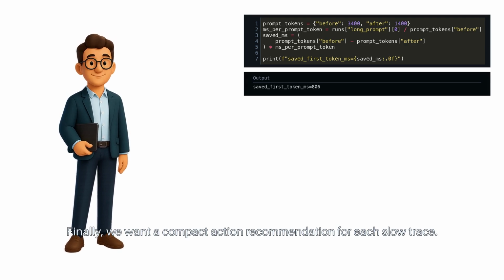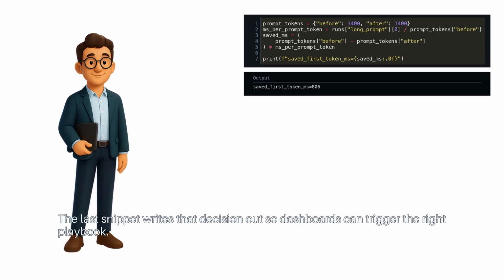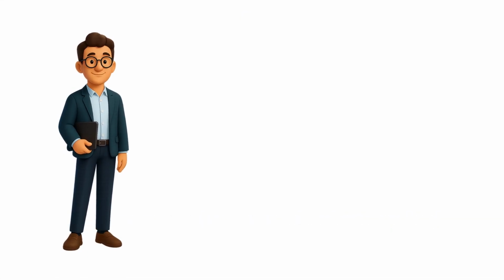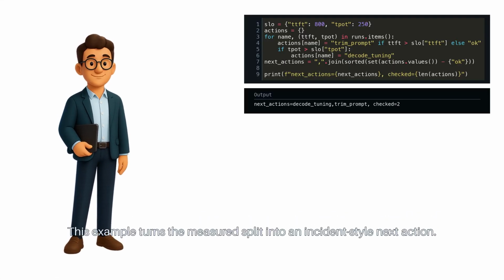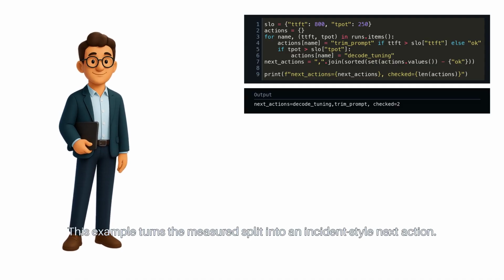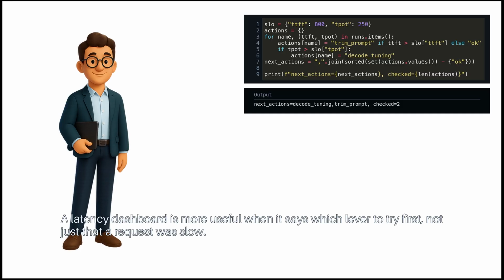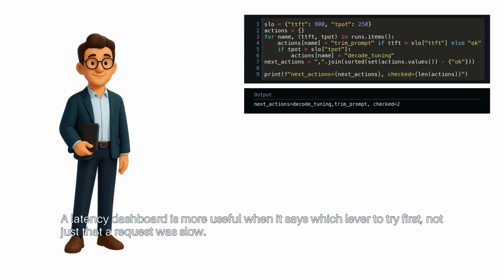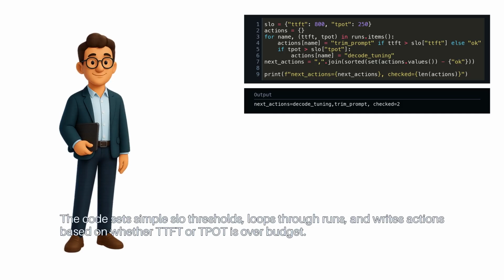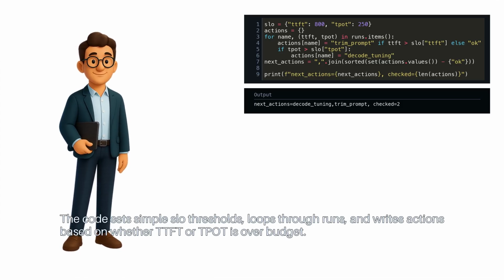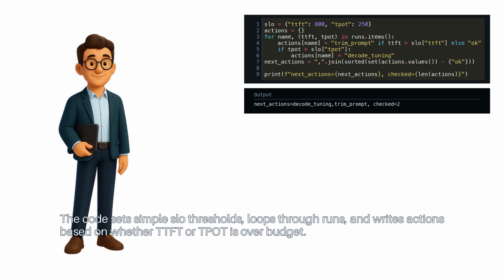Finally, we want a compact action recommendation for each slow trace. The last snippet writes that decision out so dashboards can trigger the right playbook. This example turns the measured split into an incident-style next action. A latency dashboard is more useful when it says which lever to try first, not just that a request was slow. The code sets simple SLO thresholds, loops through runs, and writes actions based on whether TTFT or TPOT is